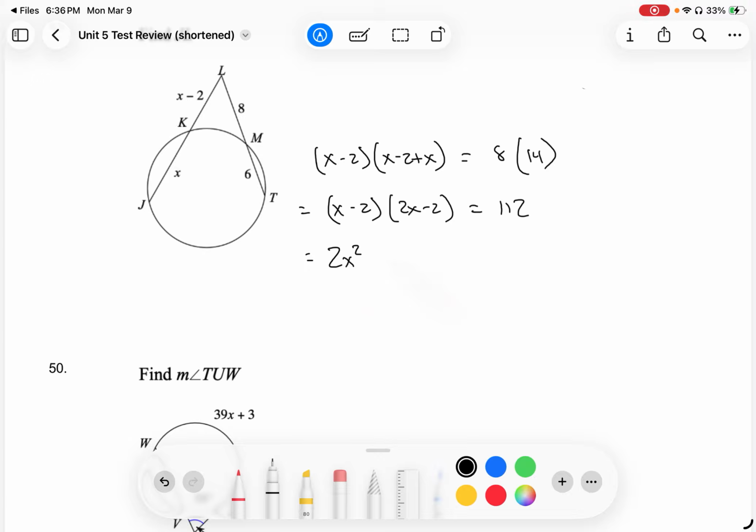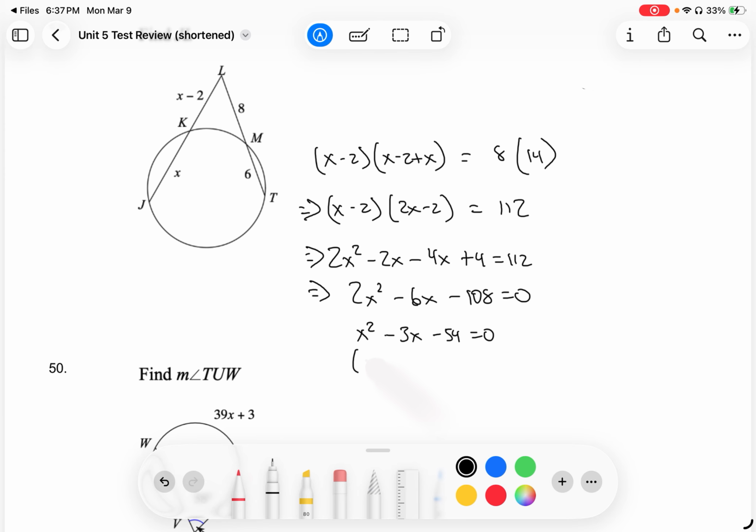Distributing, 2x squared minus 2x minus 4x plus 4 equals 112. 2x squared minus 6x plus 4 minus 112, which is minus 108, equals 0. Divide everything by 2. x squared minus 3x minus 54